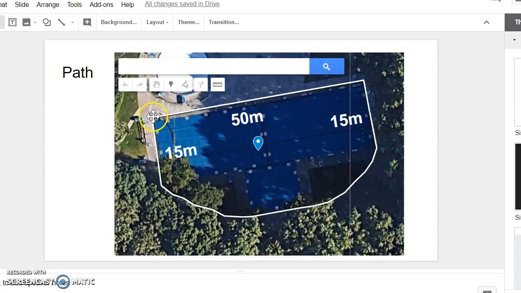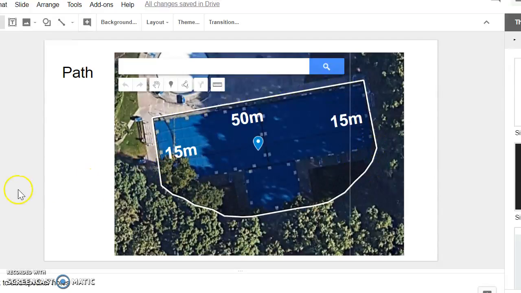So we're gonna walk straight here, straight, and these are distances of 15 meters, 50 meters, and another 15 meters. And then through the grass along this arc would be, I believe, the fastest distance to get around the pool. And I'm going to calculate the length of this arc using calculus in order to determine the total